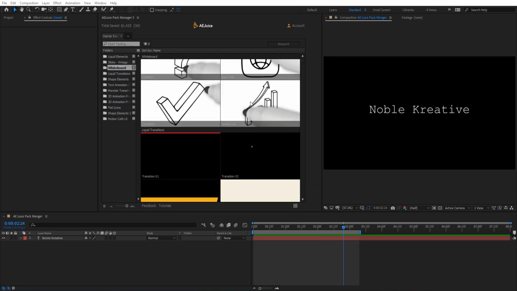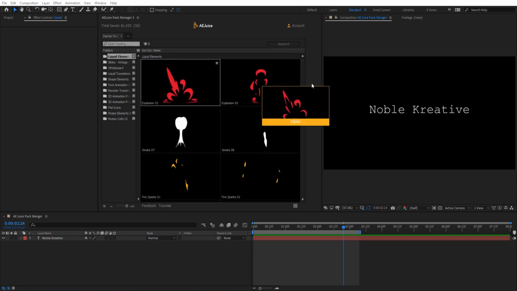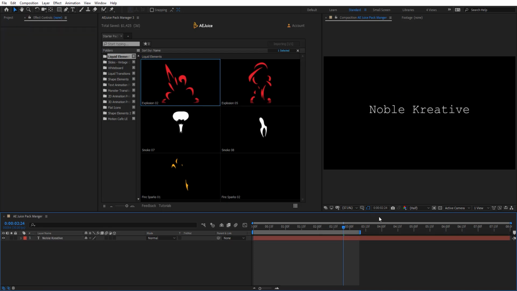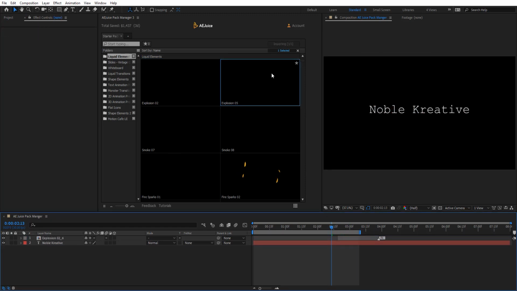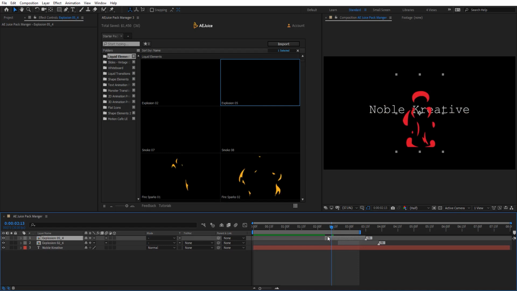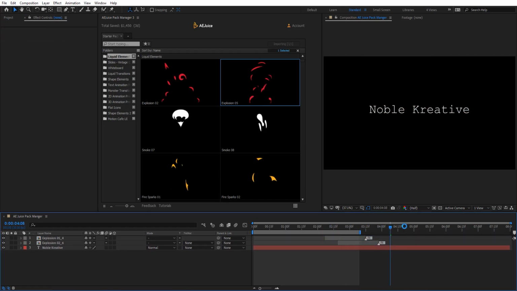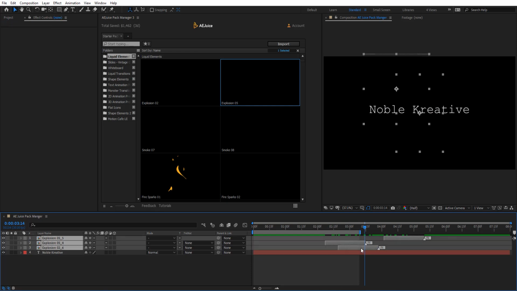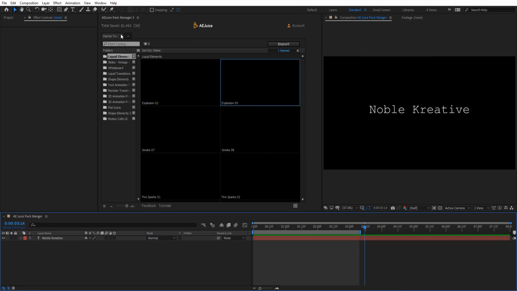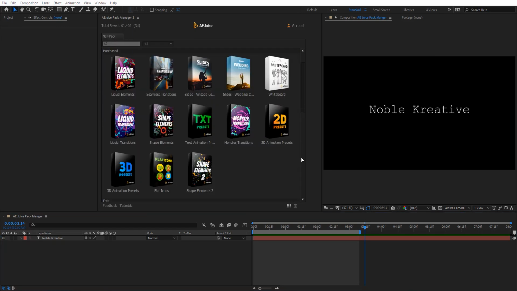So let's say you want to add elements to your comp. All you need to do is just drag and drop, and it's going to be on your timeline. So here you got the animation right there, and you can even double click to add it right into your timeline, or just hit import and it's going to import that to your timeline as you see. So we have flexibility to import these elements. So this is the starter pack, and let's see what we got with the free stuff here.